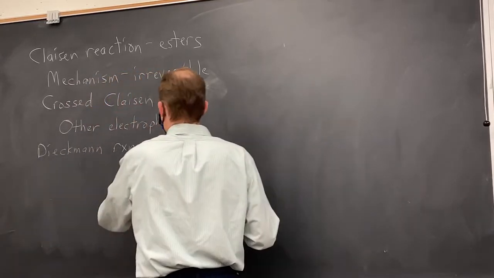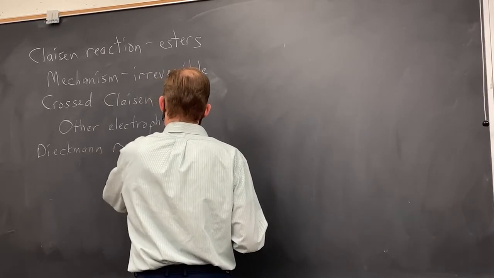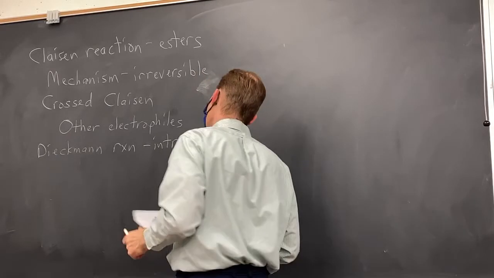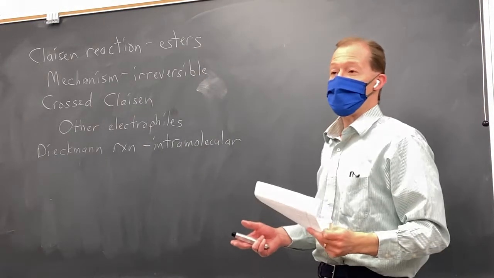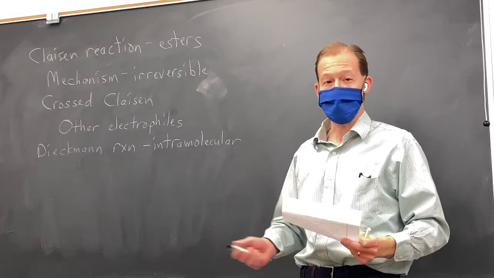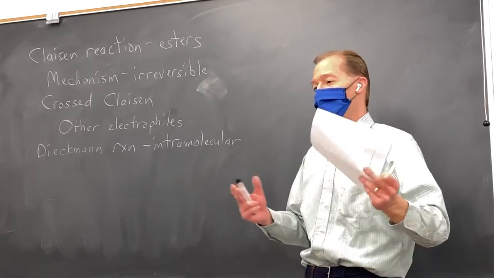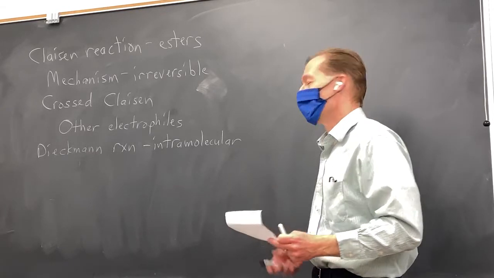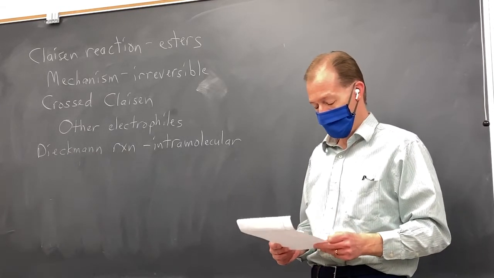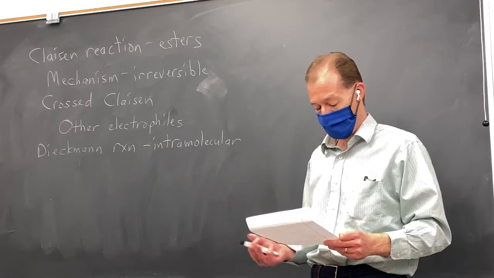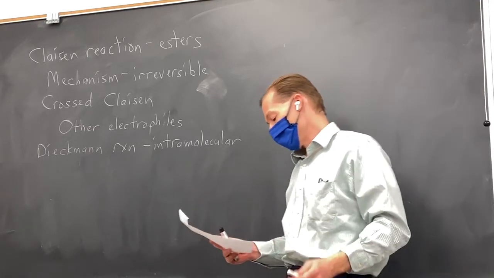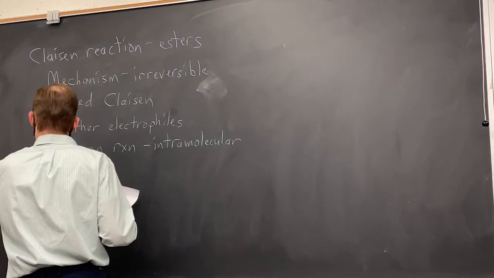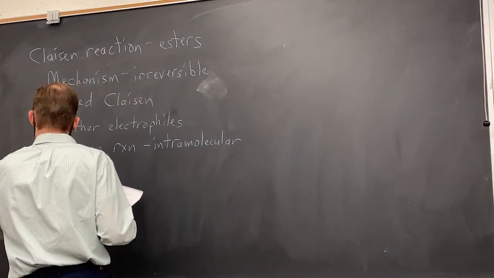And the Dieckmann reaction is simply an intramolecular Claisen reaction. Like the intramolecular aldol, it is used to form 5- and 6-membered rings. So if you have a diester, you can generate a cyclic, a 5- or a 6-membered beta ketoester via a Dieckmann cyclization. Okay, then we spent a little bit of time talking about biological aldol and Claisen reactions,